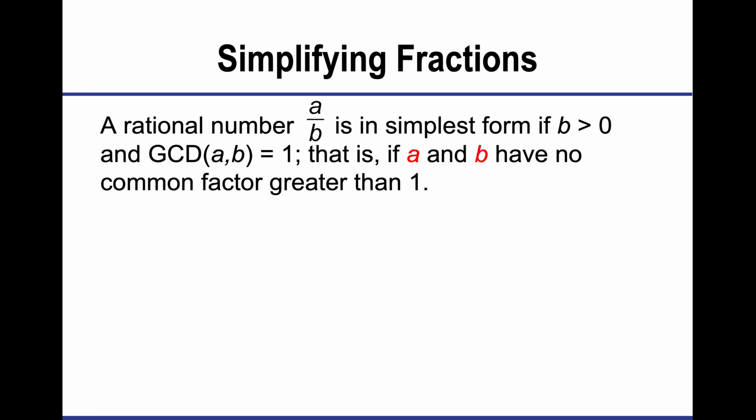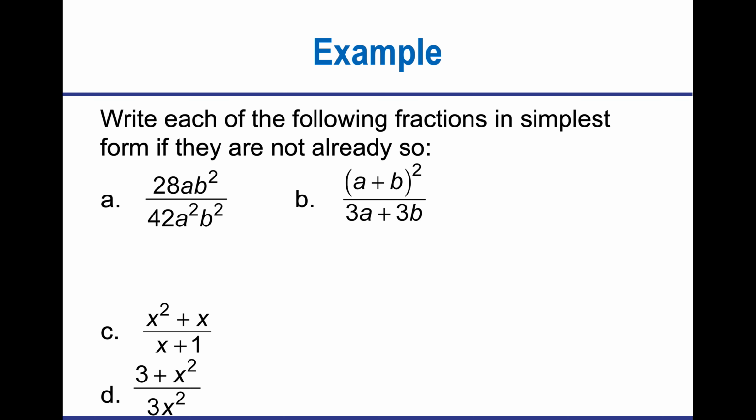Simplifying fractions is taking this process and working backwards from this process. Instead of multiplying by something, I want to divide the top and the bottom by the same factor. So if I want to simplify 28 over 42, I'm going to ask, what is 28 divisible by that 42 is also divisible by? The largest number would be 14. So I could do 28 divided by 14, and that's 2, and 42 divided by 14 is going to be